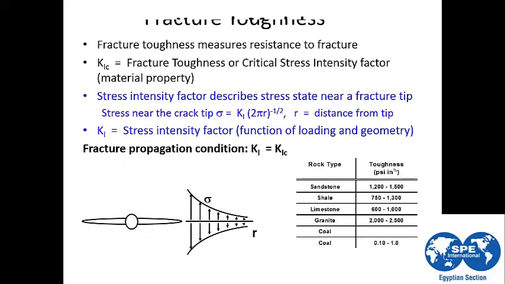Okay. For formation fracture toughness, what is the concept of fracture toughness? Fracture toughness is the measurement of the resistance that the formation will show to overcome the fracturing effect. So fracture toughness is the resistance of the formation to fracturing. This term is very important for fracture design because it measures the pressure that you need to apply to keep the fracture propagating.